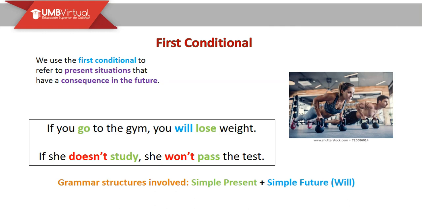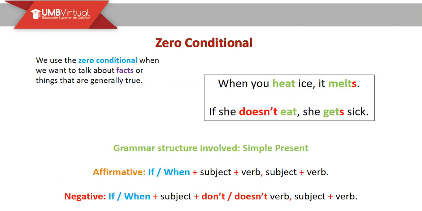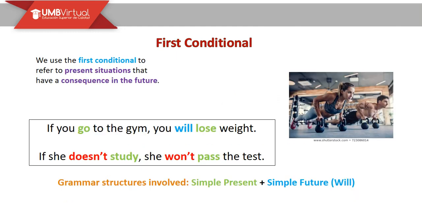Es un poco diferente o difiere del primero, donde hicimos relación o prelación de los hechos que son verdaderos o generalmente lo son de esta manera. But in this first conditional, we can see the following things. So for the grammar structures involved,